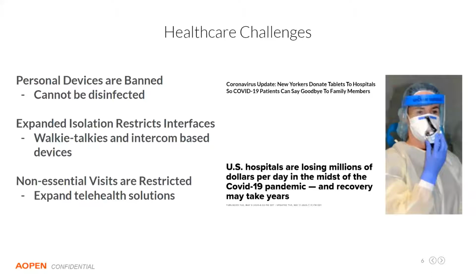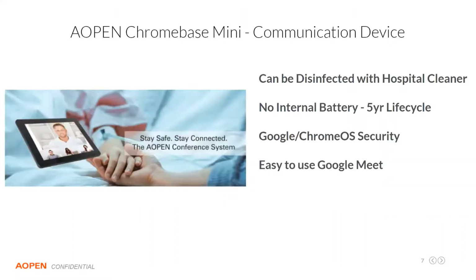And then the other one is very non-intuitive: hospitals are losing tons of money, and it's very unintuitive because how can hospitals be losing money during a healthcare crisis? It's because of all those additional restrictions and the liability associated with having such an infectious disease present in the general community. So yeah, this has been a massive challenge, and so the first solution that we've been involved